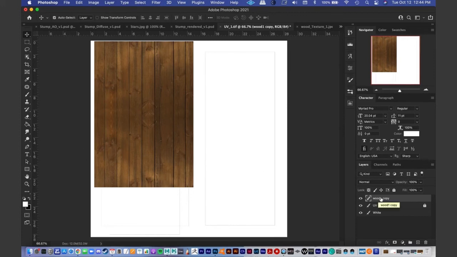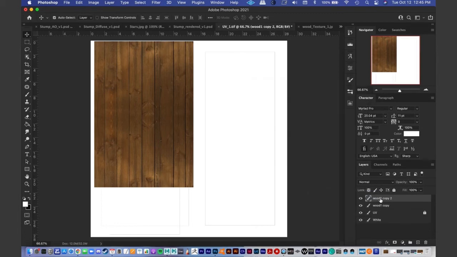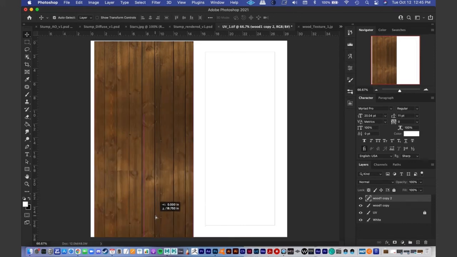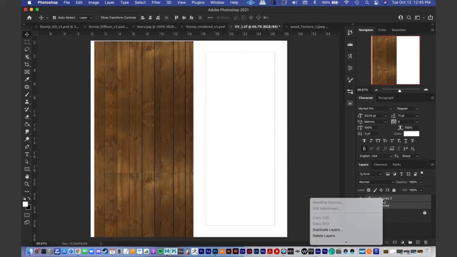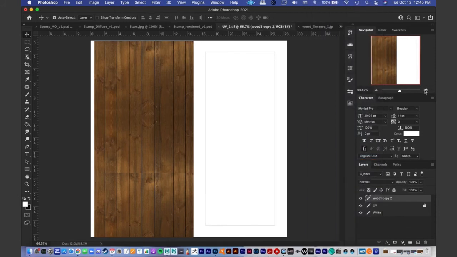So press Command J or right click and duplicate layer and press OK to create a duplicate there. And then I'm just going to hold down Shift, press V to get the transform tool, or press this button right here, and then hold down Shift and drag it the way I'm doing here. And that looks okay. I'm going to Shift click both of these wood layers, and then merge them again and do the same step again, where we just clone it